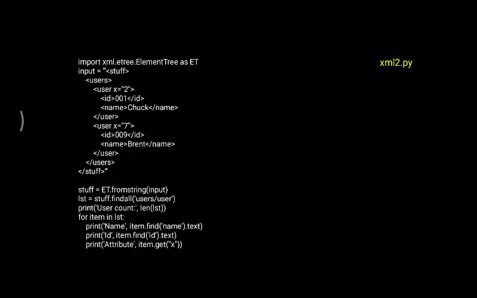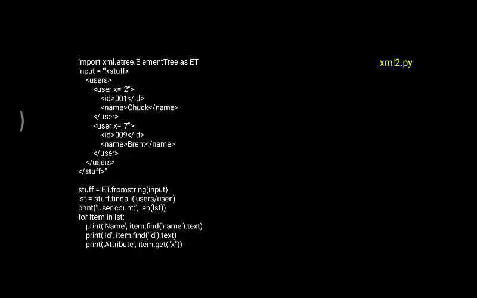Now what it does is search all the users. Even if you want, you can print the length of all the users: print user count, length of lst.